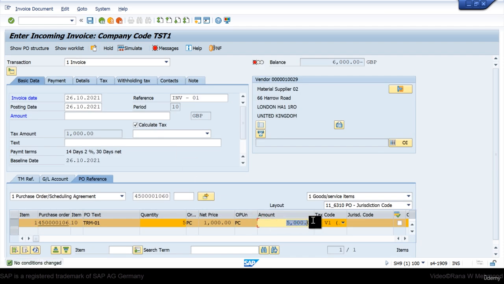So if you can see the amount is incorrect or the supplier is charging you more, you can actually talk to the supplier and ask him why he's charging more as against the purchase order, and you can also check the quantity, right? And the final thing you have to check is the tax code. So what is the configuration behind the tax code? That's what we will see as well, because